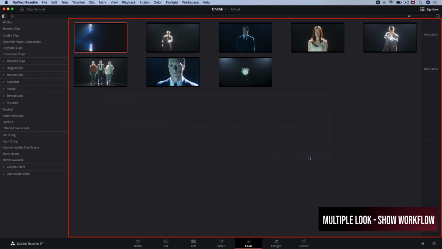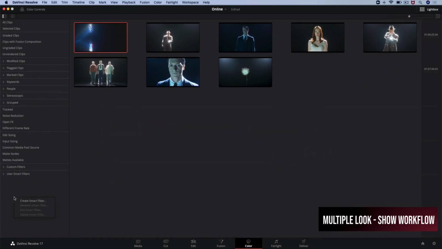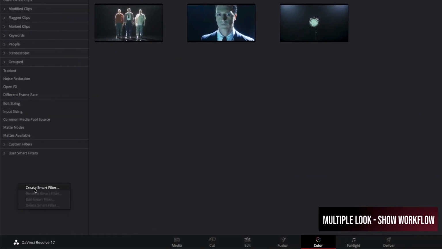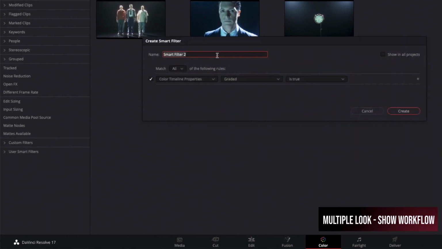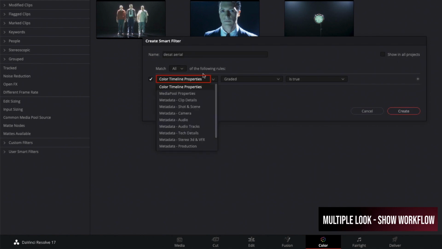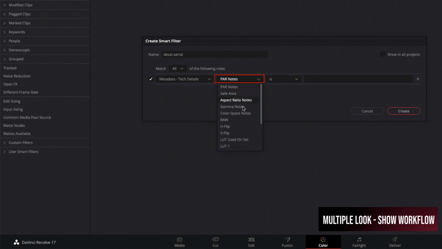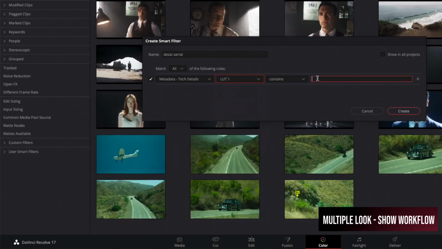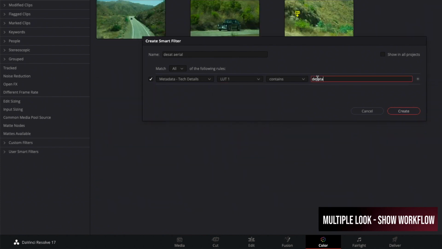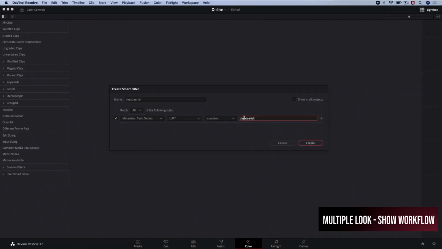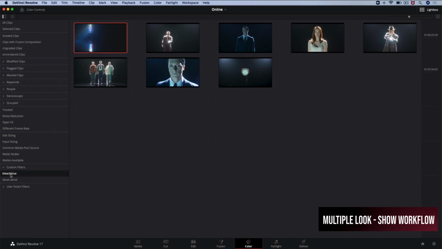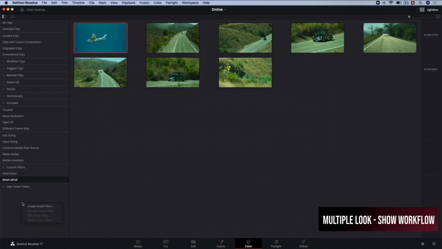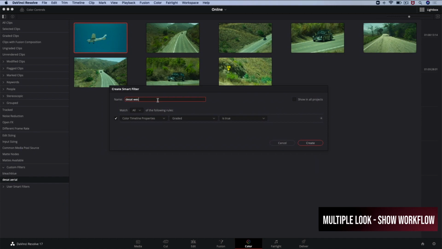Let's do the same procedure to filter the clips for another look. Right-click below Create Smart Filters. And in the name write Desat Aerial. Then metadata text details. Search for LUT1. And in the name write the name of the look. This way we have our second smart filter defined in order to surface clips that use that LUT. You can repeat this process as many times as you need depending on how many looks you use on the